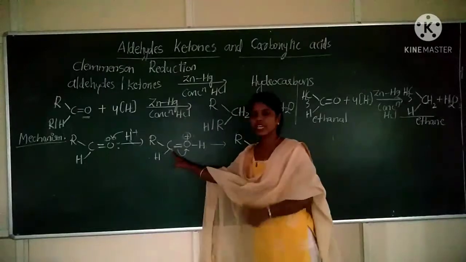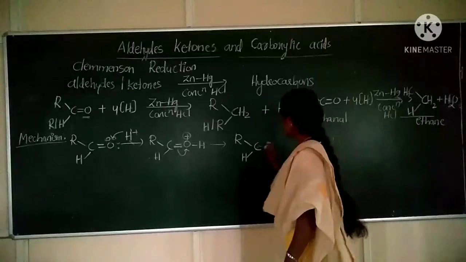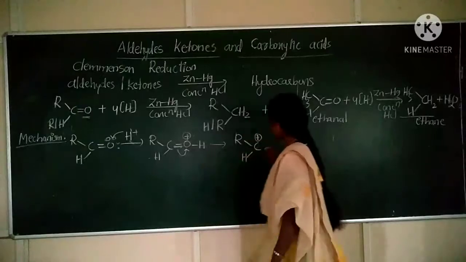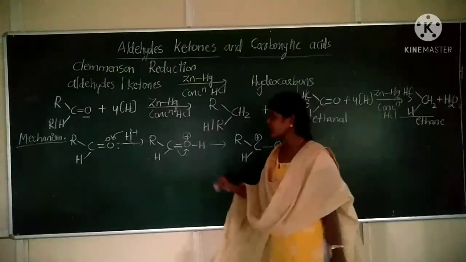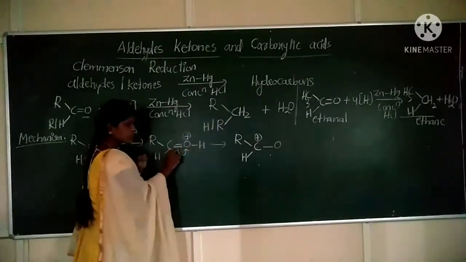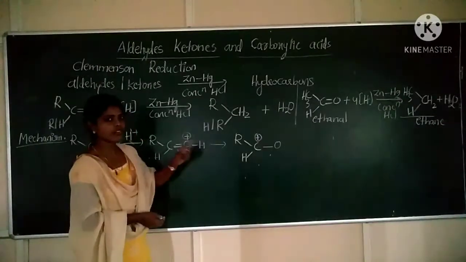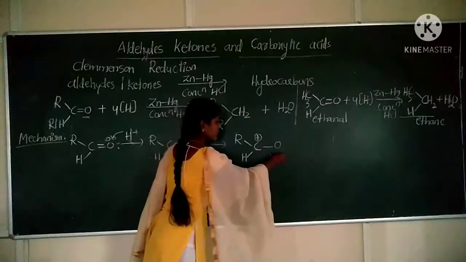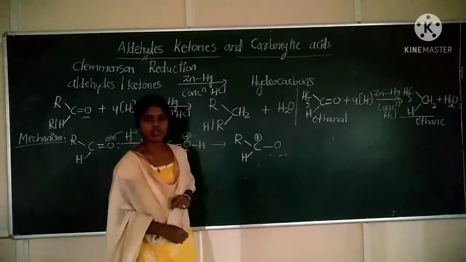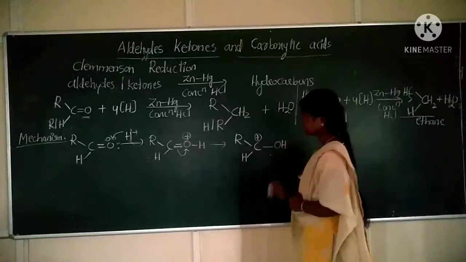Now, carbon will get positive charge, because carbon is giving its electron. Now, the double bond becomes single. Look at here, oxygen is having positive charge. Between carbon and oxygen, 2 electrons are there. Now, the 2 electrons are moving towards the oxygen atom. It means oxygen will get negative charge, correct? Already positive charge is there. Now, positive and negative will become neutral. Clear? RH, C plus, and it will have OH.